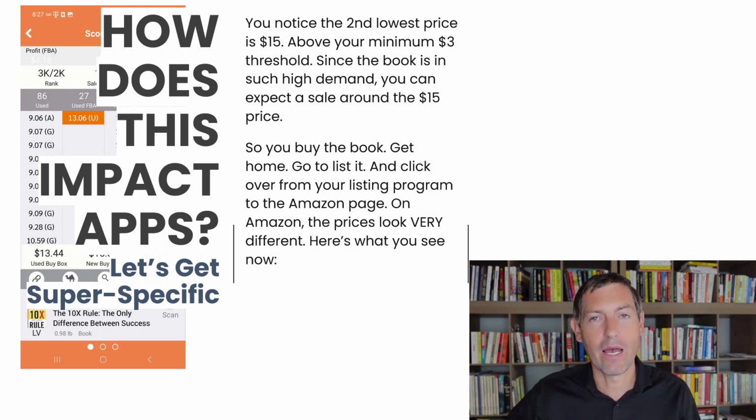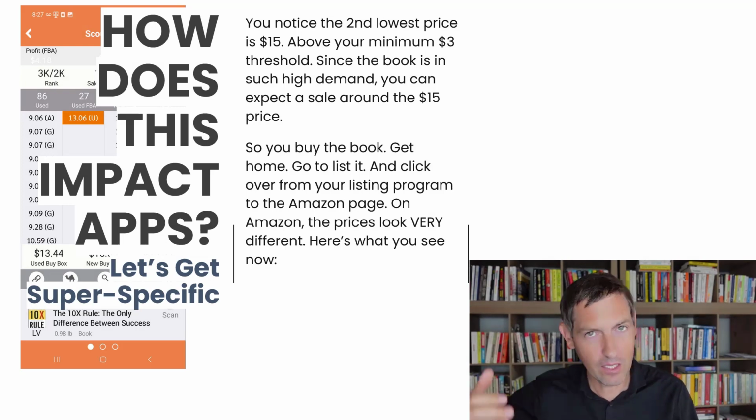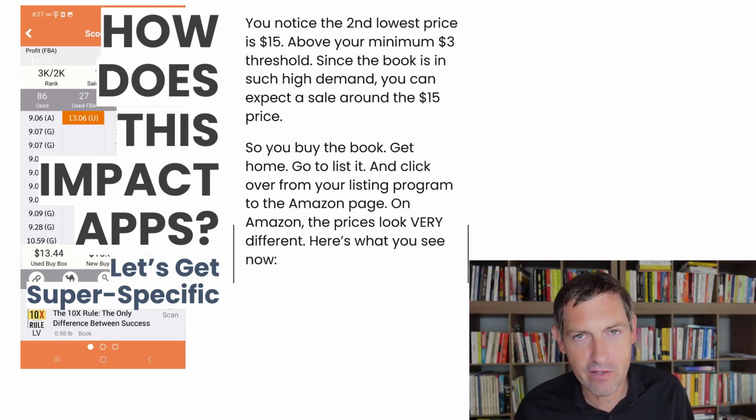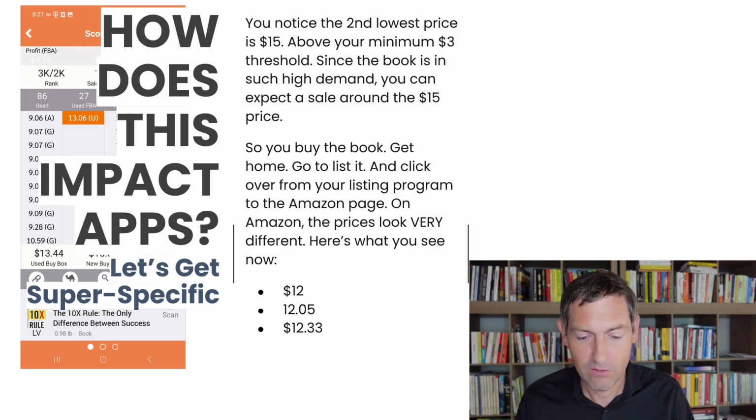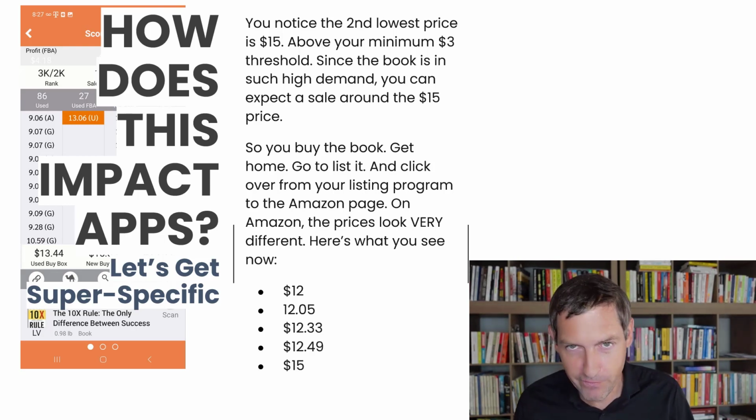you click over from your listing program to the Amazon page just to compare what the prices are at that moment, because you're about to set a price. And all of a sudden, the prices look very, very different than they did in your scanning app, and you're very confused. You're like, did multiple other sellers list this in just a couple hours since I scanned it at the store? This is what you see on the Amazon page: $12, $12.05, $12.33, $12.49,